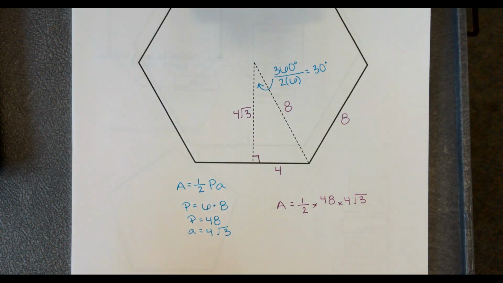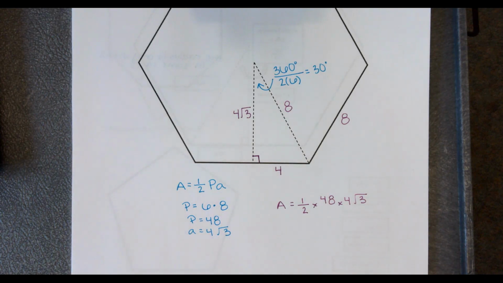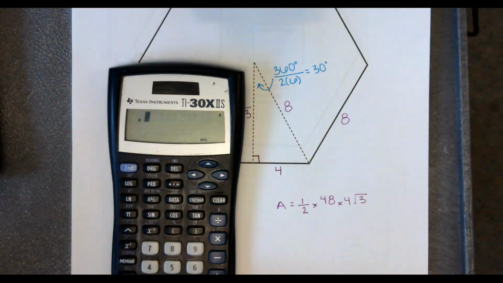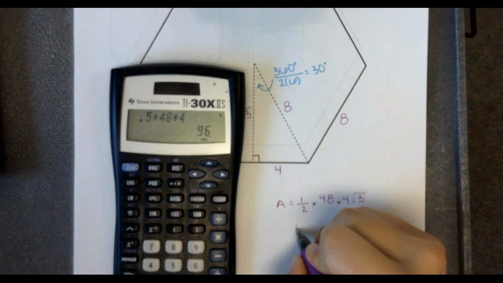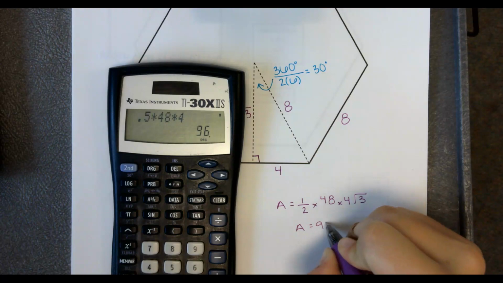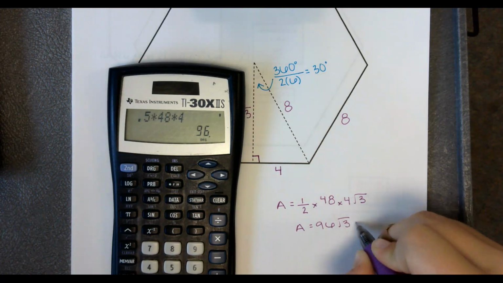Now, remember, as we work through these problems, we're going to get exact answers. So we are not going to multiply by this radical 3. So what I'm going to do here is just 0.5 times 48 times 4. Okay, this is just one way we could type it in the calculator. So 96 radical 3 units